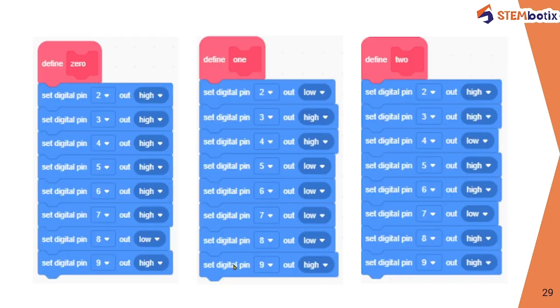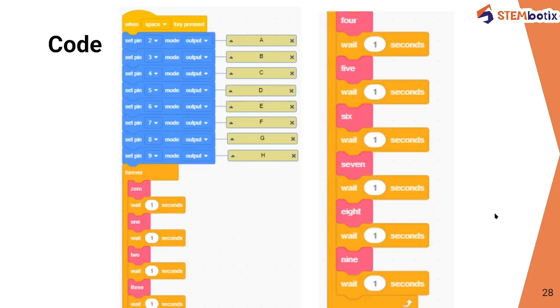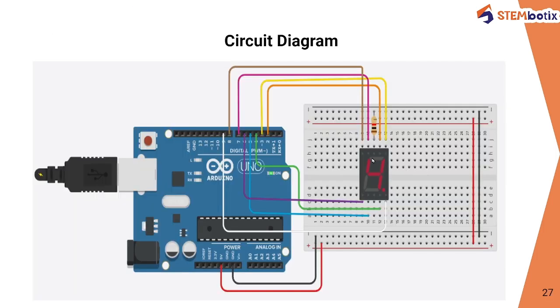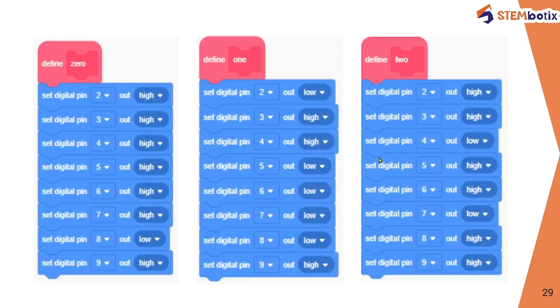So this is the only pin which is high. All the others, except pins 3 and 4, are low. To generate the pattern of digit 2, we require only this section and this section in low mode. In order to display 2, we need only these sections off and all the others on. Hence only pin number 4 and pin number 7 are in low state, and all the other remaining digital pins